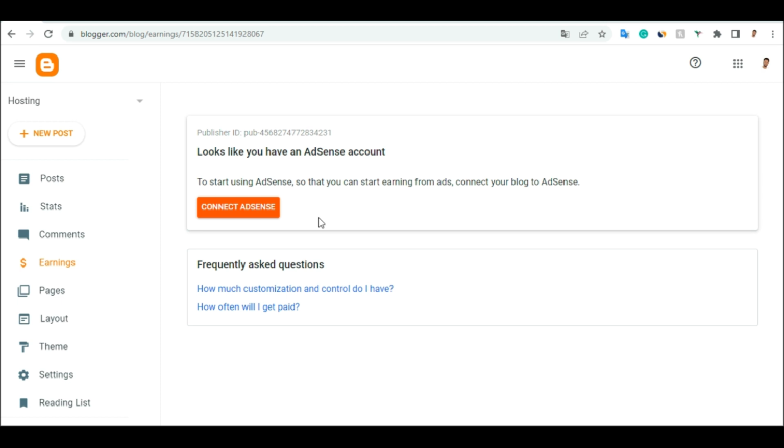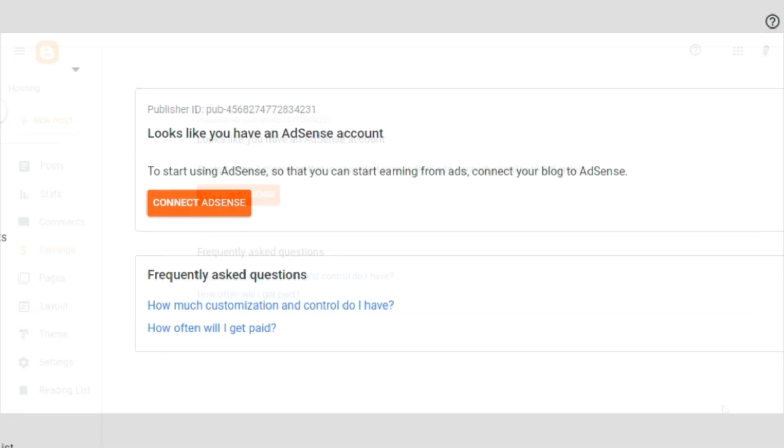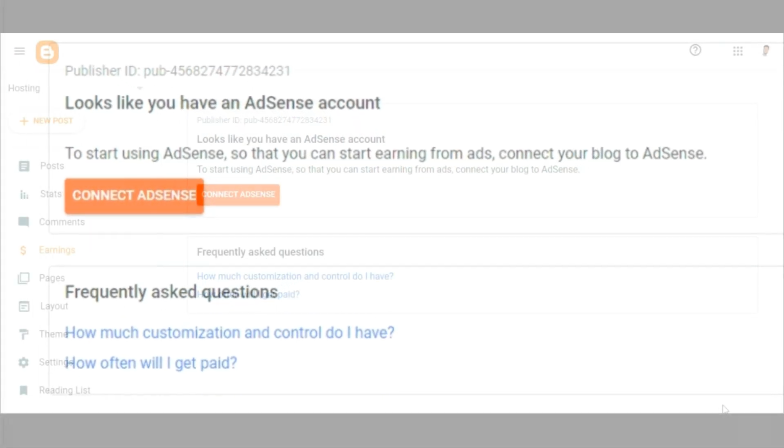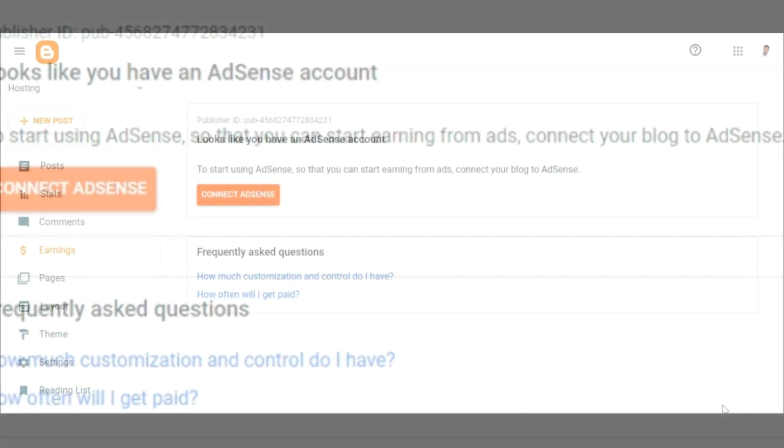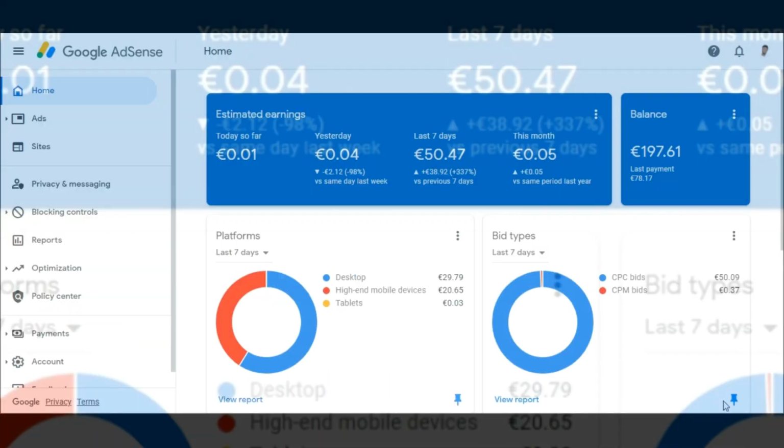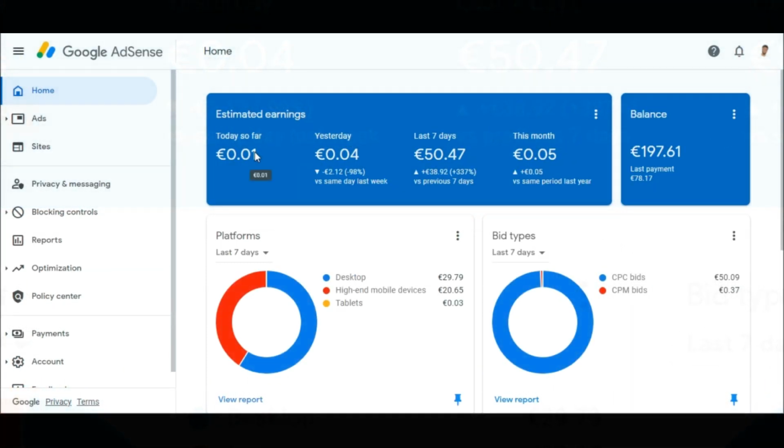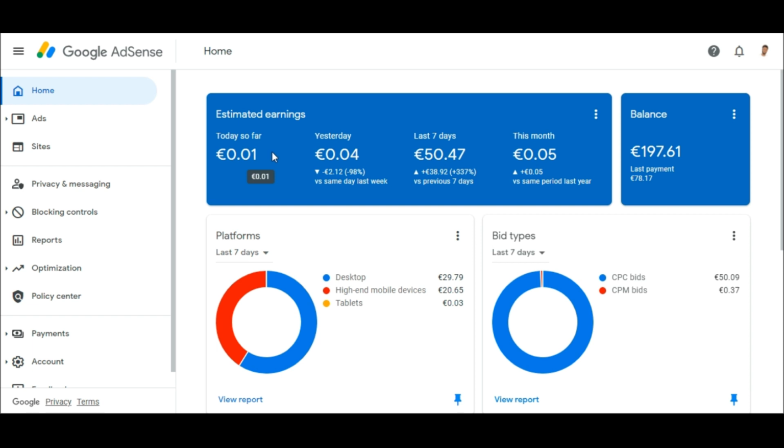just like mine. Let me show you the earnings that I have made from my AdSense. Let me show you proof. I don't just want to talk, but let me show you proof. You can see that today I have made just 1 cent so far, and yesterday 4 cents, and in the last 7 days I made 50 euros and 40 something cents. This month so far I have made 5 cents, and